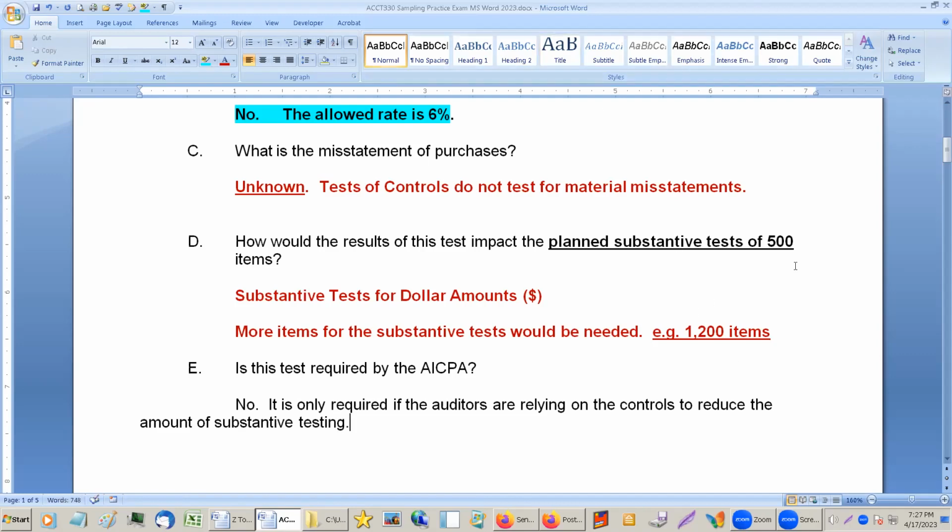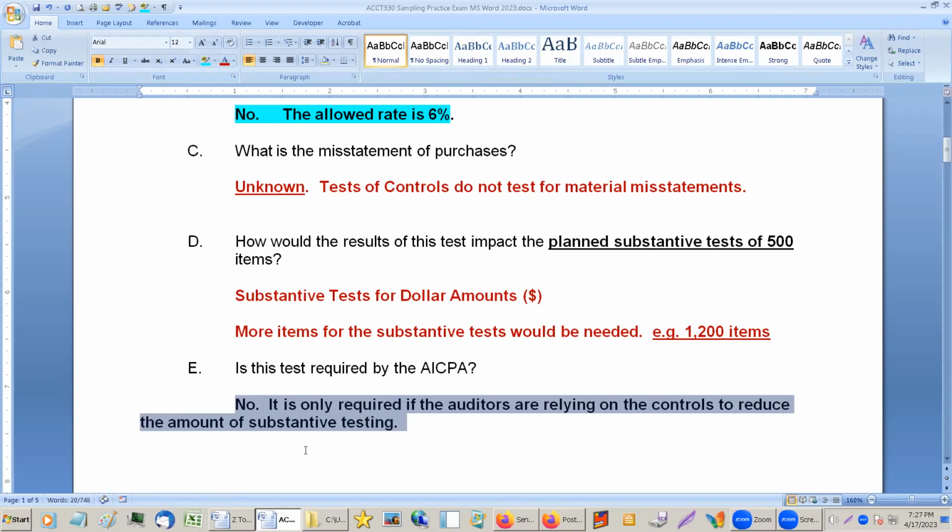It's not required. It's only required if they are relying on the test of controls. So if they're not relying on it,